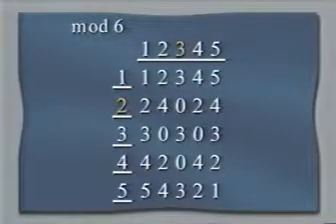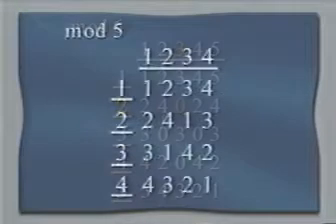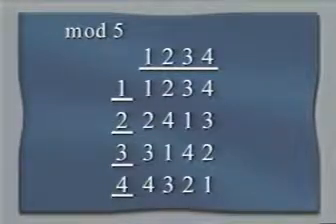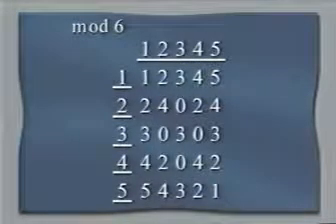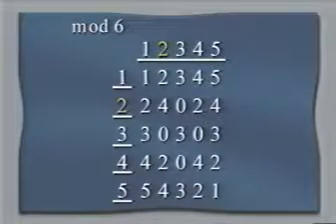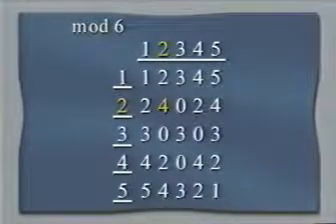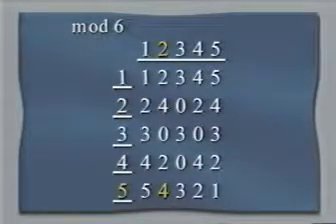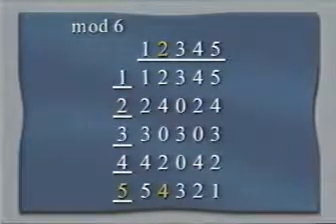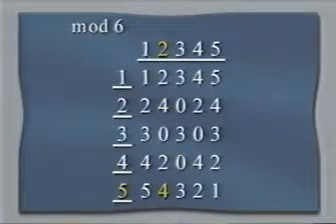Because when you've counted 3 plus 3, you're back to 0. So 3 times 2 is 0. In the modulo 5 table, you will see that each line of multiplication has all of the digits: 1, 2, 3, and 4. In the modulo 6, it does not. For example, 2 times anything. 2 times 2 is 4, but 2 times 5 is also 4. So we have a problem, if you want to call it a problem, a challenge mathematically, to